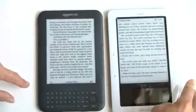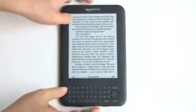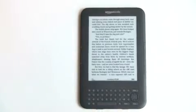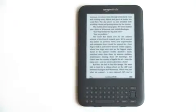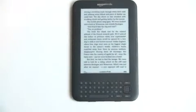Kindle. Obviously faster than Nook at page turns. And that's just reading an Amazon book. This one also handles PDFs and Mobi format books for those of you who have the older Mobi format. And we're going to take a look at PDFs in a minute, but first I'm going to show you some